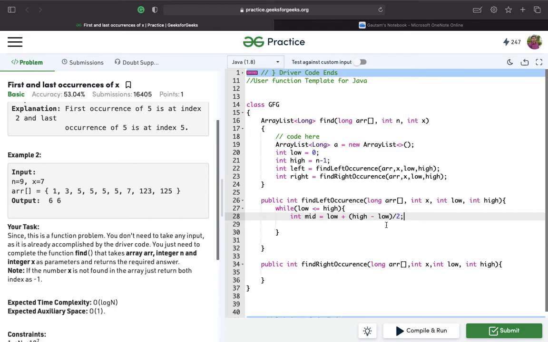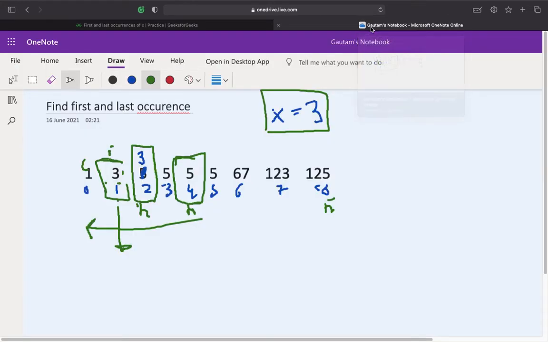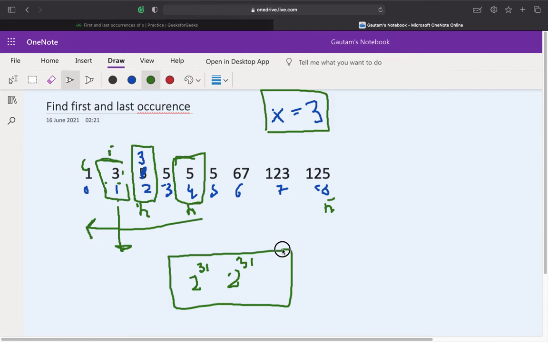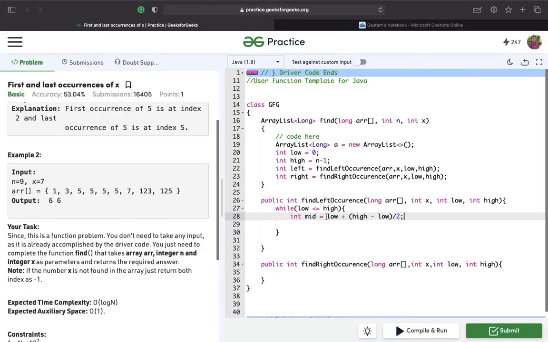Because of a reason: to prevent overflow of this mid variable. For example, if the low value is 2 to the power 31 and the high value is again 2 to the power 31, mid will overflow, because int can't hold 2 to the power 32, which will be the sum of these two variables. So what I have done over here is low plus high minus low divided by 2.